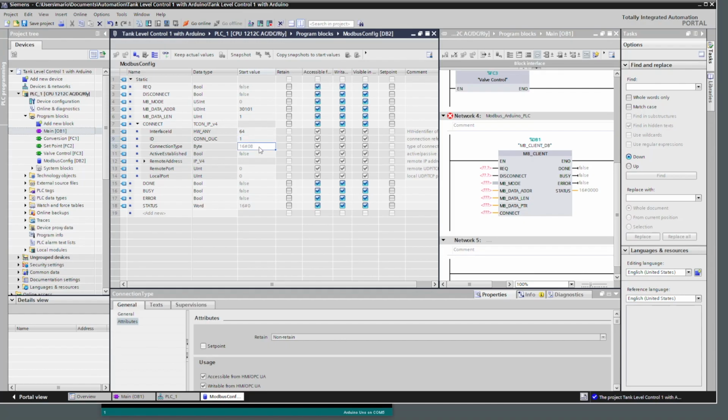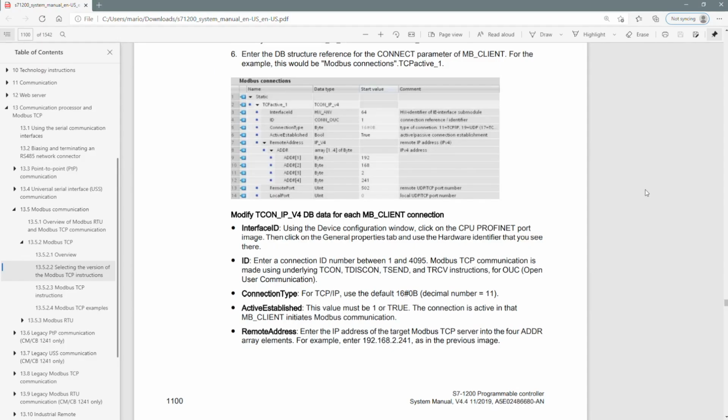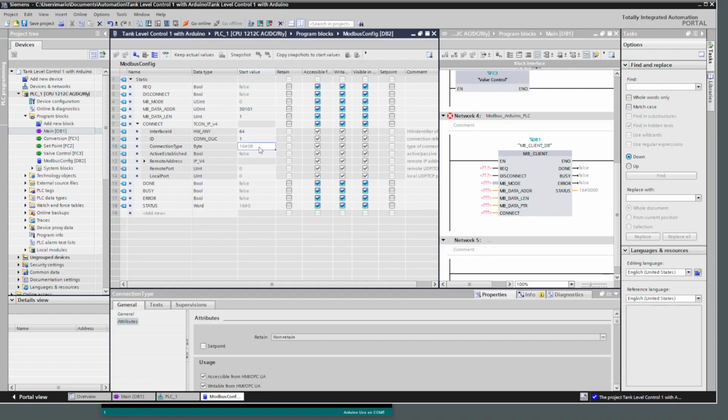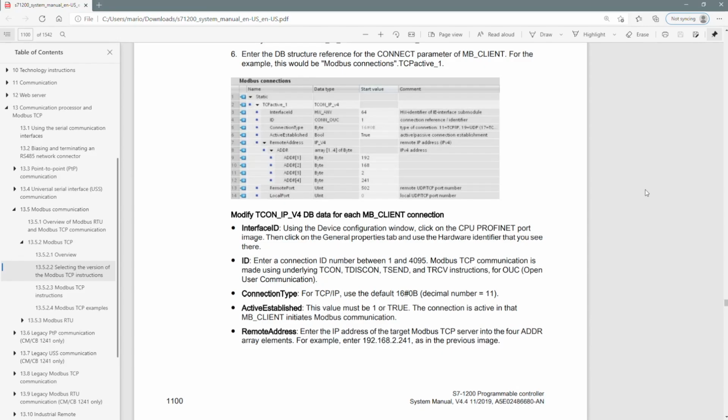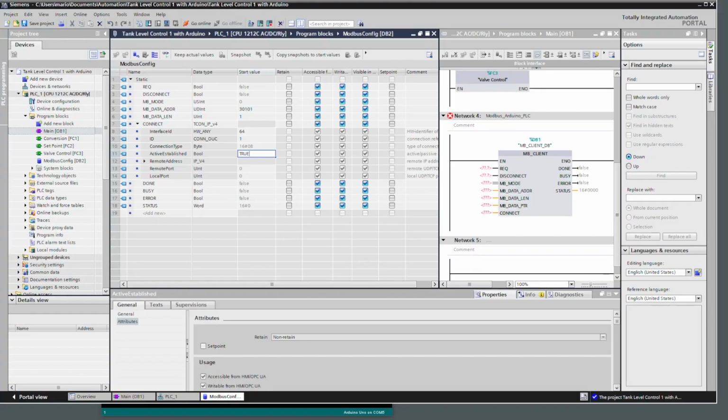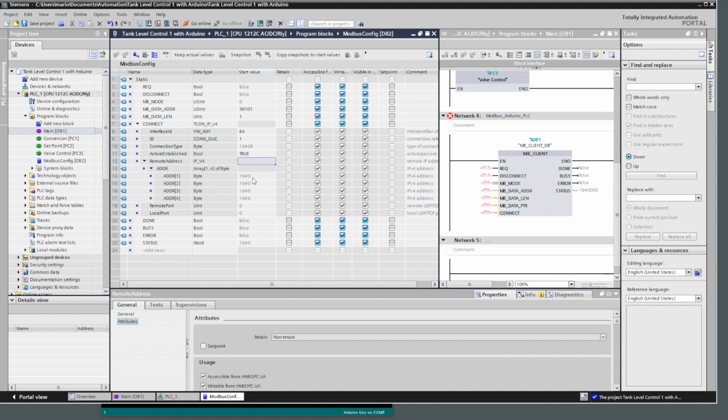Next, we have the connection type for TCP IP, which is 11 or 0B in hex, so that is okay too. Moving on to active established, this should be 1 or true to initiate MB client Modbus communication. So I'll enter true here. Then we need to open up remote address and enter the IP address for the Arduino, which was set in the Arduino code,